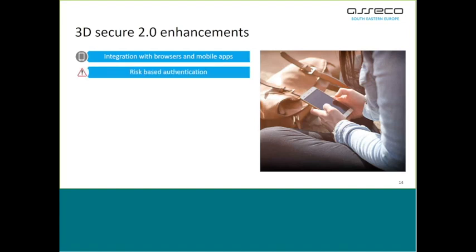The second improvement, which I would say is the biggest one, considering the process and the user experience, is risk-based authentication. That was enabled by advanced risk modeling and predictive analytics, which are currently possible in real time during a payment transaction. So this process of evaluating risk during the transaction and making an appropriate authentication level will definitely improve